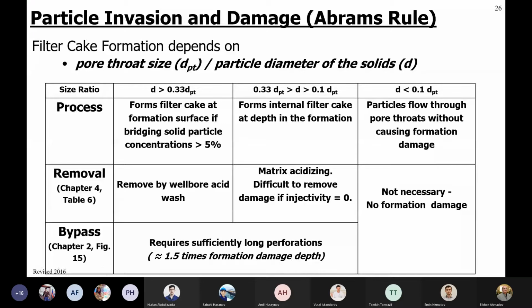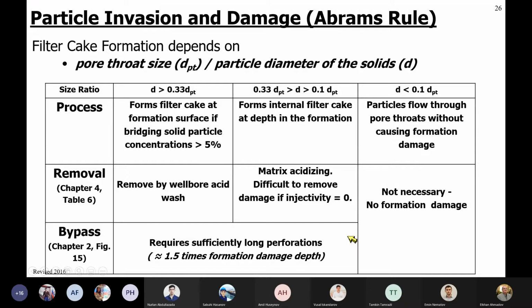In that case the filter cake will be formed on the surface of the formation, between the formation and the wellbore, and it can be removed by backflow or acid wash, which we'll learn in the next chapter,